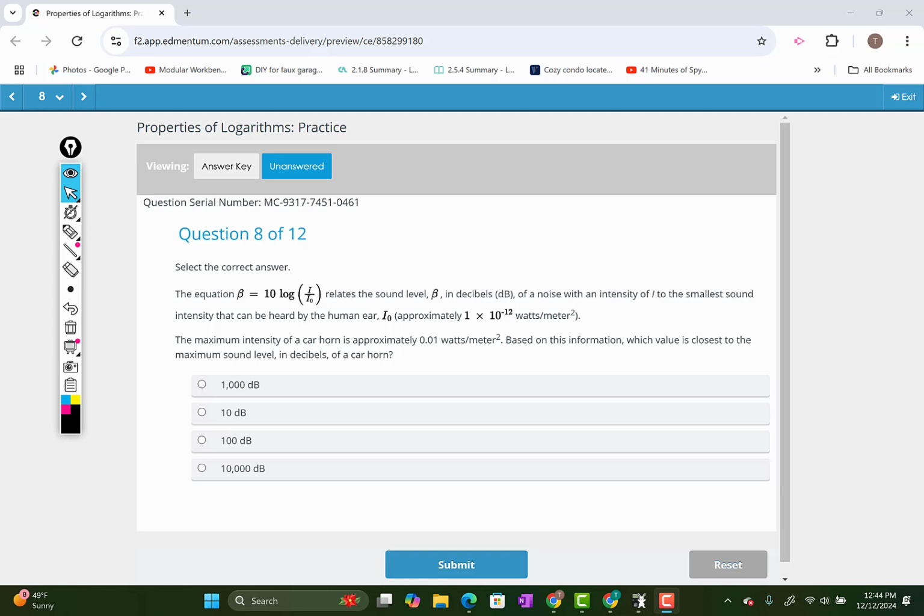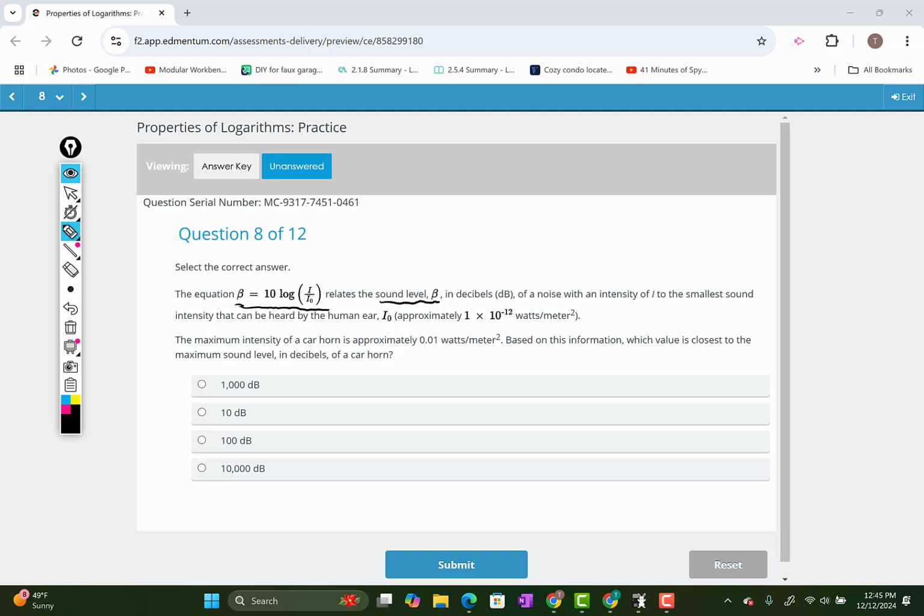Question 8. Select the correct answer. The equation beta, you can call it B, B equals 10 log I divided by I sub 0, relates to the sound level. So this tells us what that beta B variable stands for, the sound level in decibels of a noise with